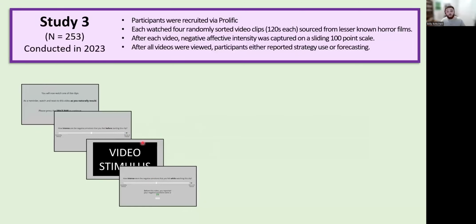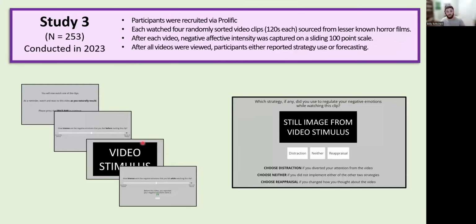And after all videos were watched, subjects were assigned to either an experience or a forecasting condition, in which they reported either how they used self-regulation during these videos or how they predict somebody would self-regulate while watching these videos. Participants were provided with definitions of these strategies and completed an exercise to ensure comprehension. However, participants were given the option to not select distraction or reappraisal to deviate from the forced choice binary nature